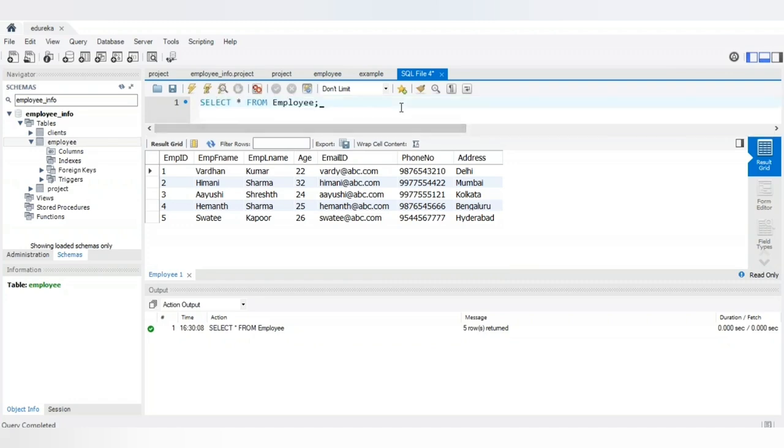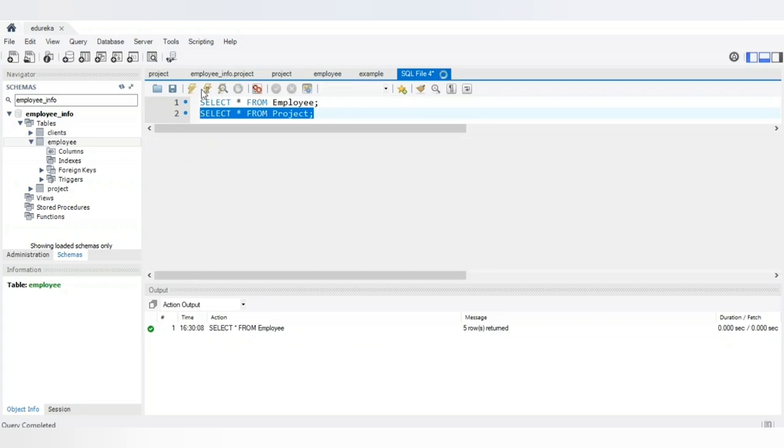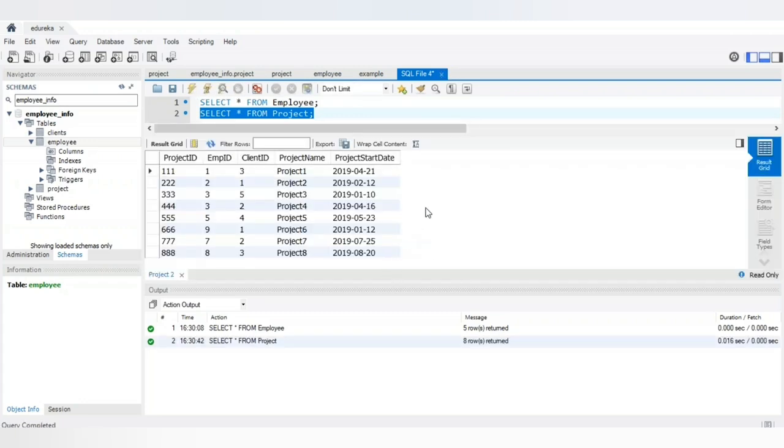So similarly, I'll show you the projects table. Let me just remove this and type in project and execute this statement, and you'll see the different column attributes in the project table. As you can see, I have the project ID, the employee ID, the client ID, project name, and the project start date. Client ID can basically be considered for all those clients, so you can have a separate table for the client IDs. So guys, if you see in both these tables, there's a matching column, that is the